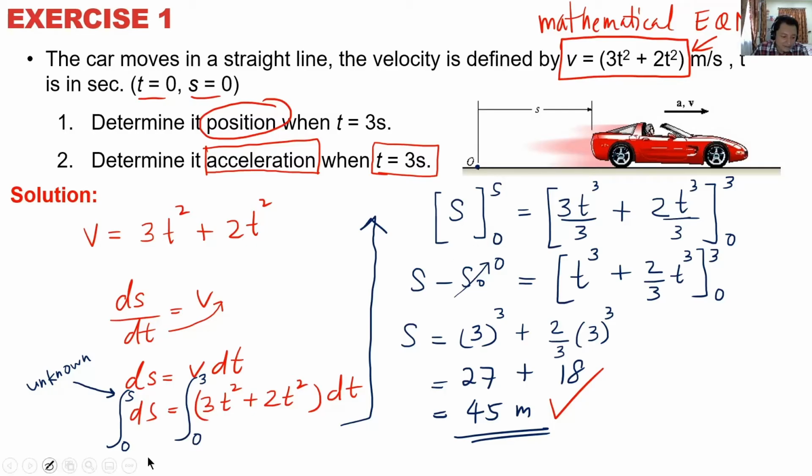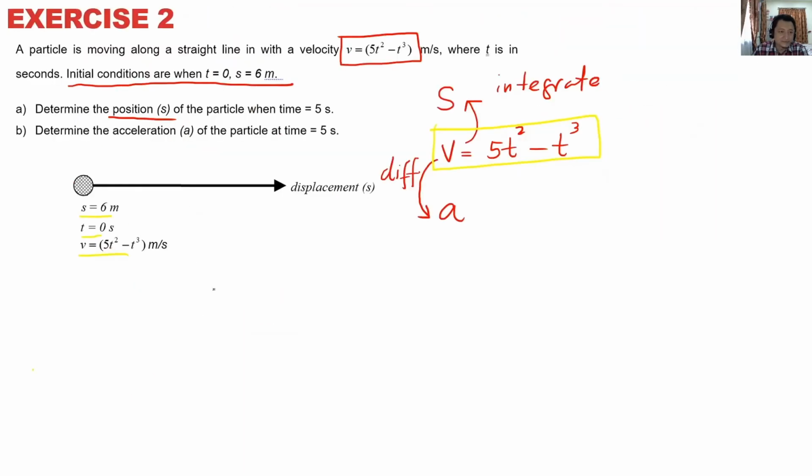your limit, original displacement, becomes 0. At the final condition, which is this one, this is the thing that you're trying to find. But in this case, when time is equal to 0, S already has a value. So probably let's look at it a bit. So you are here, you're trying to find the position. You need to integrate. So you know that